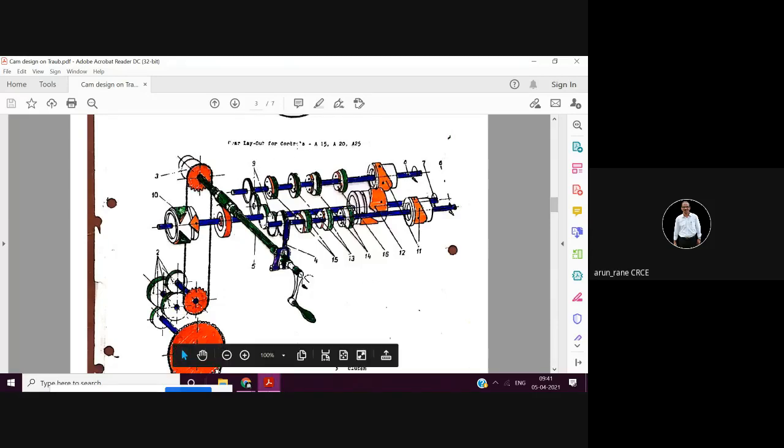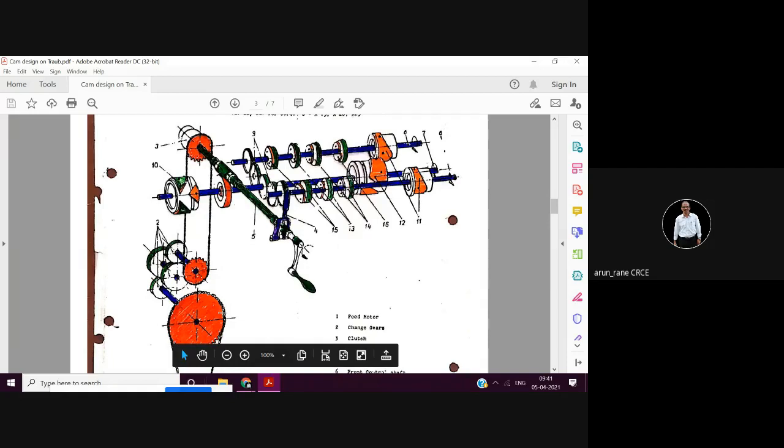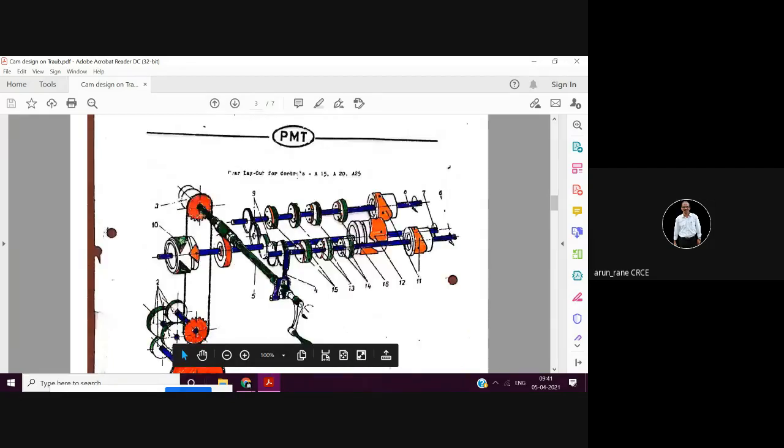Now there is some mechanism. From the motor, this rotates, and the drive goes here. So from here it comes here. Then we have a worm and worm wheel arrangement. This drum cam you forget. This is for clutching and declutching, that is for opening and closing of the chuck or the collet.